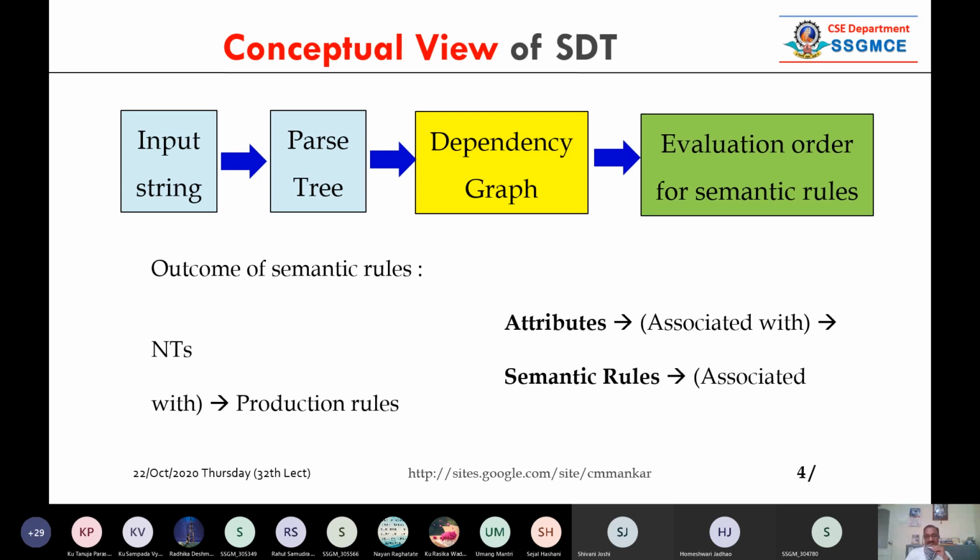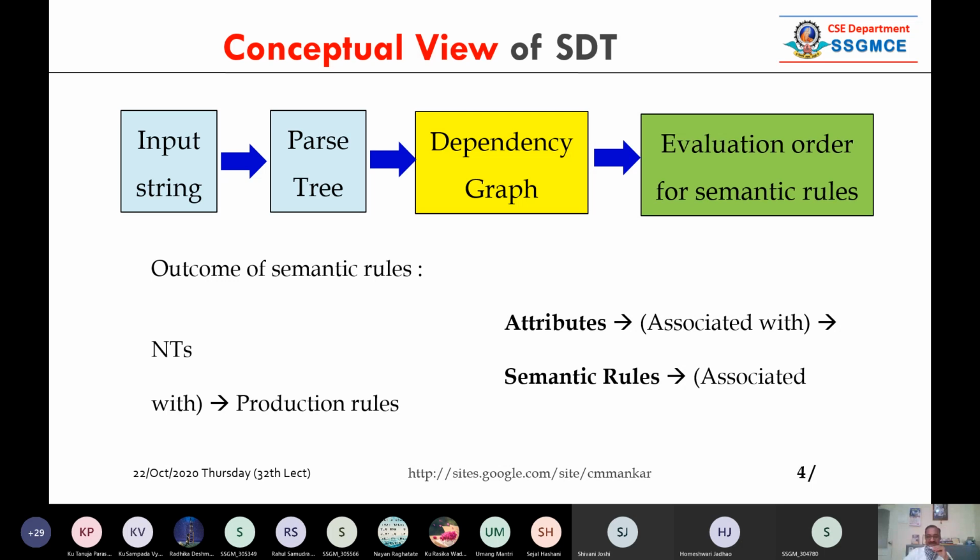It should be syntactically correct as well as meaningful. We shall see it through an example. The concept is that attributes are associated with the non-terminals in the given grammar, and semantic rules are associated with the corresponding production rules in the given grammar. So this is the conceptual view.